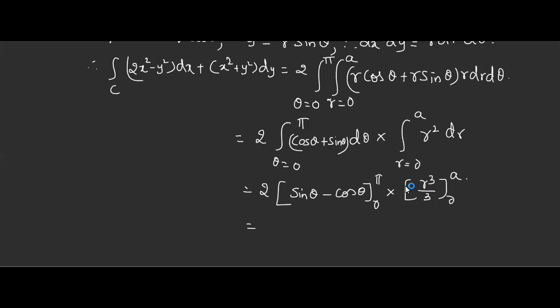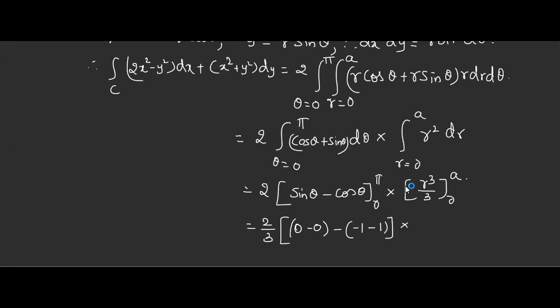So I will take this 3 outside, so I'll get 2 by 3 here. Here I'll put the upper limit. What is sin pi? Sin pi, you can check in calculator. Sin of 180 is 0, no? 0. Minus sin of 0. You are taking a lot of time to tell standard values. Sin 0 is 0. Minus cos pi, minus 1. Cos 0, 1. Okay, carefully you write. Otherwise, instead of getting it as non-zero, you'll get a 0 quantity.